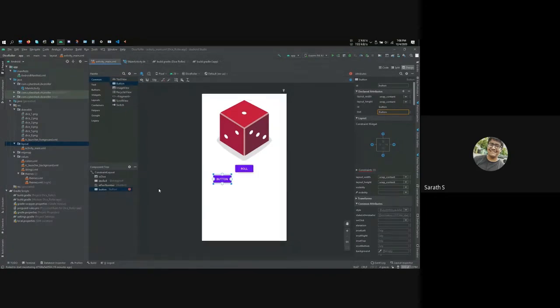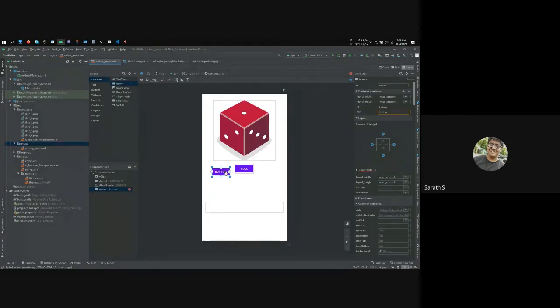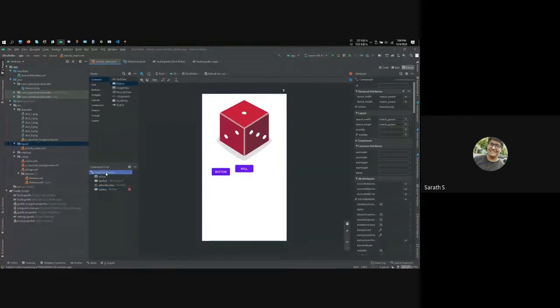And then just below that, you can see the component tree. What the component tree is used for is what's called view groups. A view is just the basic component level of this app. So a button is a view. It's something you view on your screen. A view group is something that can hold views. So something like what you see on the left here, there's something called a constraint layout. This constraint layout is a view group. As you see, it has many views inside it. All these views under it are inside it.